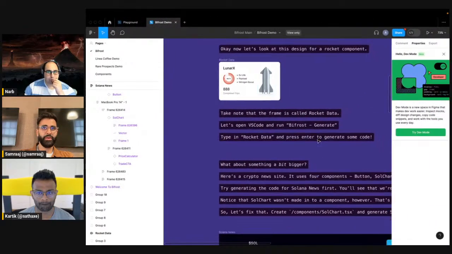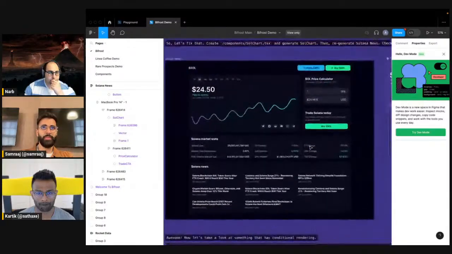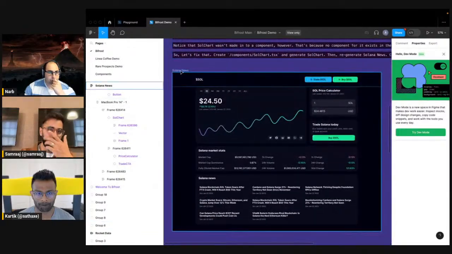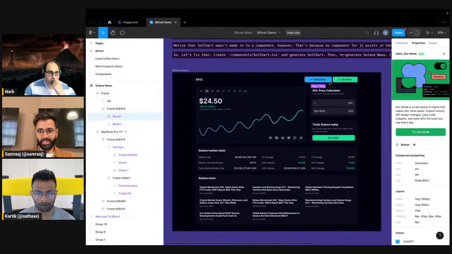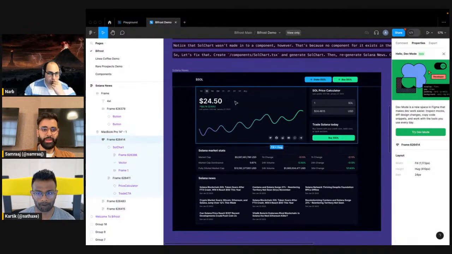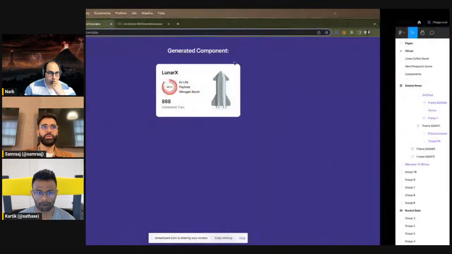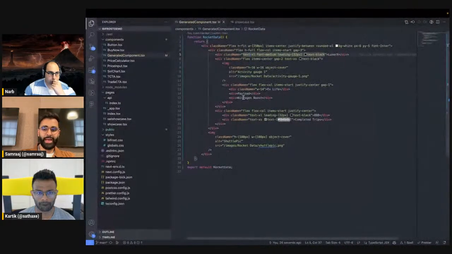Here is a random Solana news website, right? Before I do anything else, if I were to go into here, this is a component, which is a button that is secondary color. This is a primary color button. This has a chart component, a price calculator component, and a trade CTA component. Now, if I were to go into our repository and generate that,